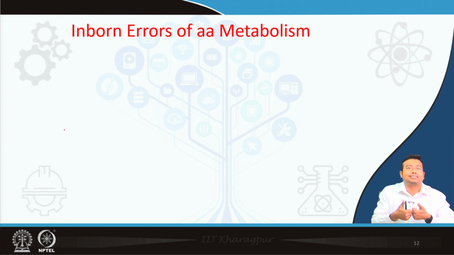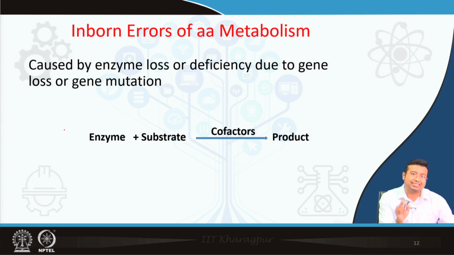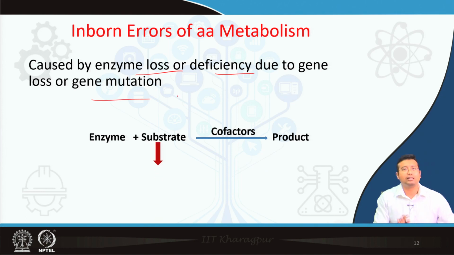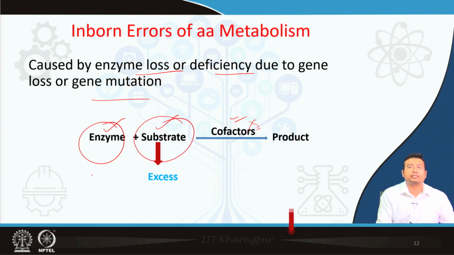What we will be discussing now is what if this step is hampered. In general, whenever we are dealing with any inborn error of metabolism, whenever there is loss of enzyme due to either deficiency or genetic mutation, whatever be the reason, what happens? Generally an enzyme acts on substrate in the presence of cofactor and forms product. Whenever the enzyme, or in some cases even the coenzyme, has a problem, this step will not happen, which will lead to excess accumulation of substrate,